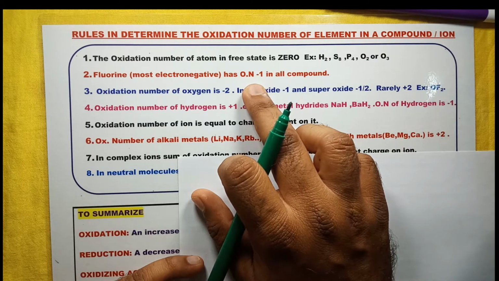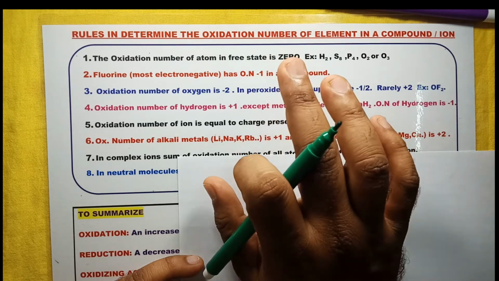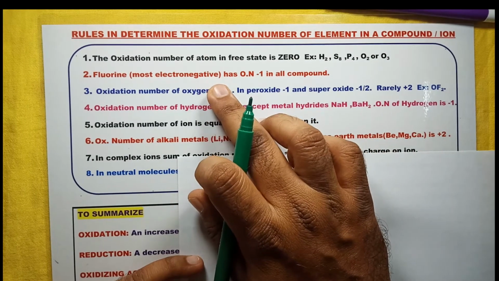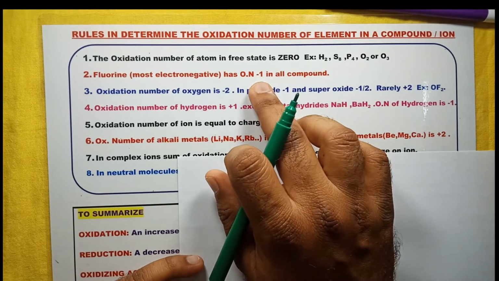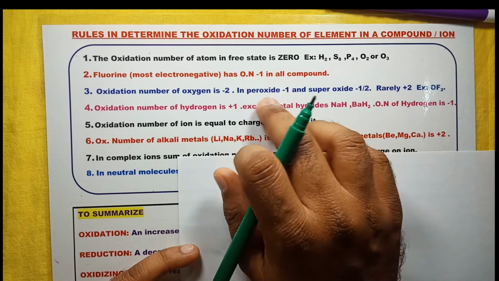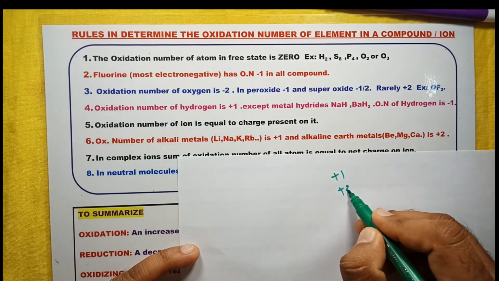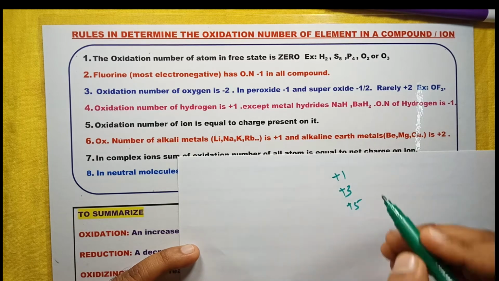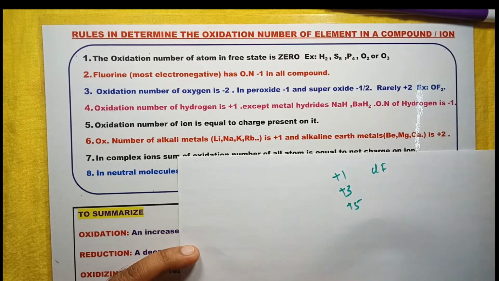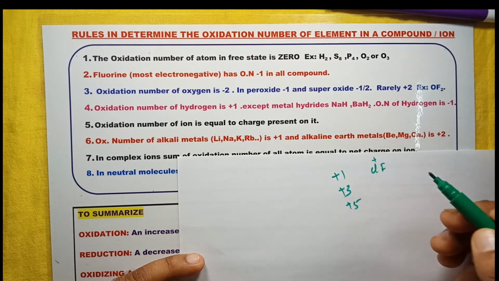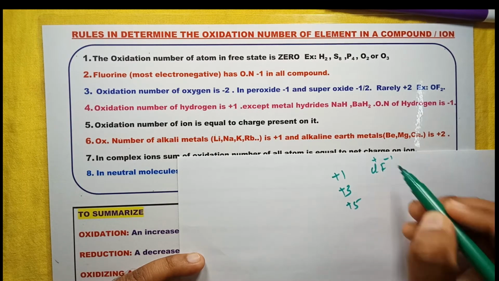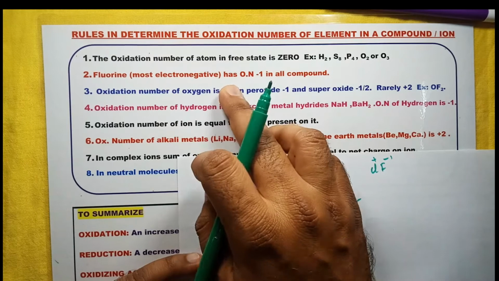Next point, all halogens are in oxidation state -1, meaning they accept the lone pair of electrons towards itself. Except fluorine, which is the most electronegative element, it exists in -1 oxidation state, but remaining halogens may exist as +1, +3, +5 oxidation states. For example, ClF. In ClF, chlorine exists as +1 oxidation state, fluorine as -1. So this is the second point here.